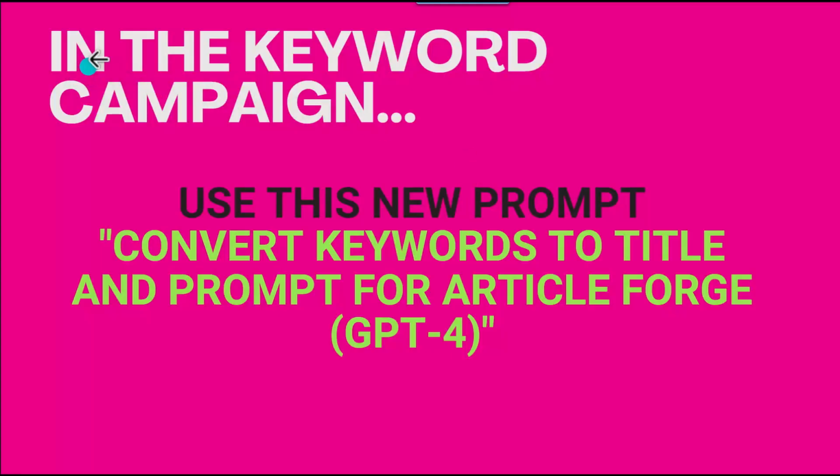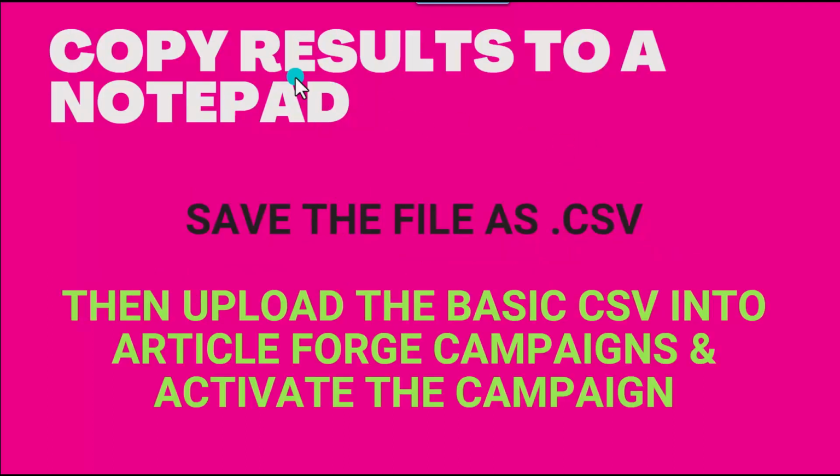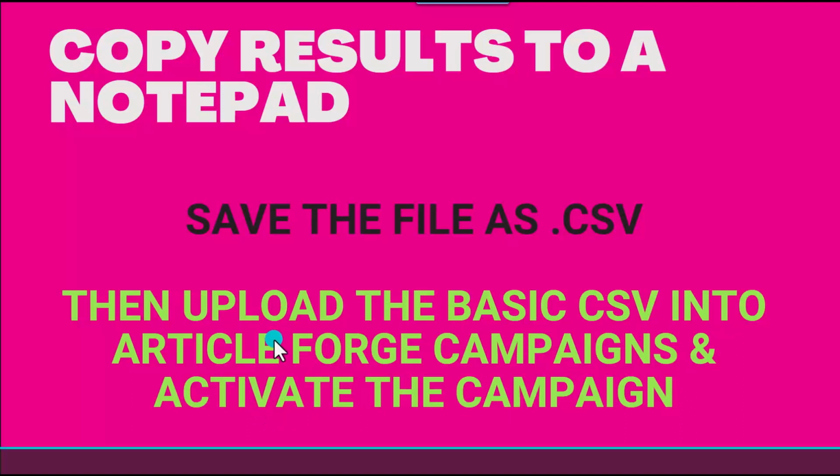And then once you get your keyword and your sub-keywords, we're going to go into the keyword campaign. We're going to use this new prompt, convert keywords to title and prompt for Article Forge. And I'm going to go over all this with you. Once you get the results, you're going to copy the results to a notepad and save the file as a .csv. Then we're going to upload the basic CSV into Article Forge campaigns inside of RSSMasher, and then we're going